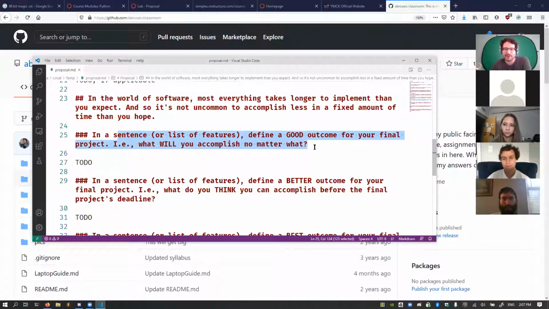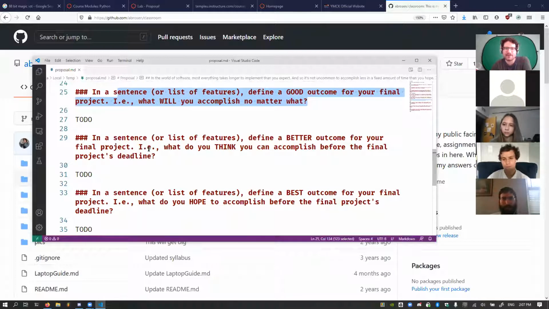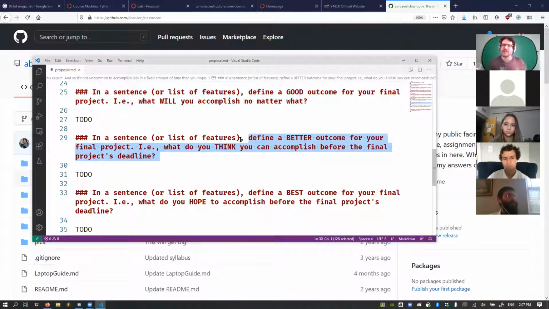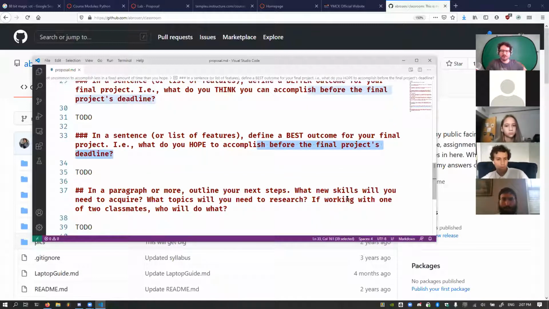What will you accomplish no matter what? Define a better outcome. What do you think you can do? Obviously this can get done, but I'm pretty sure I can get this done. And in a perfect world, a best outcome: what do you hope to accomplish before the deadline?